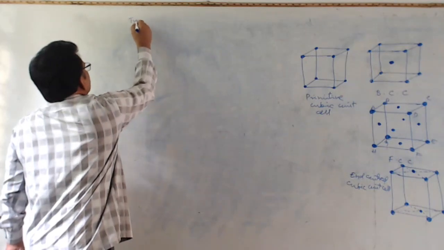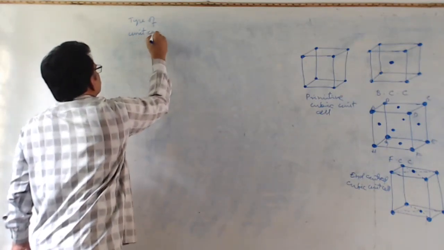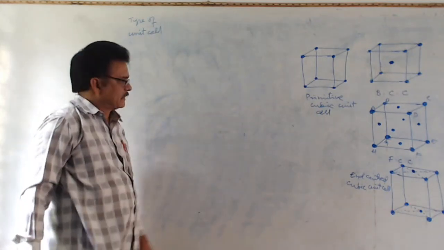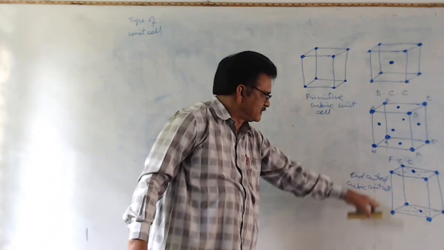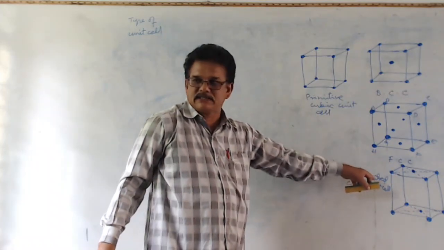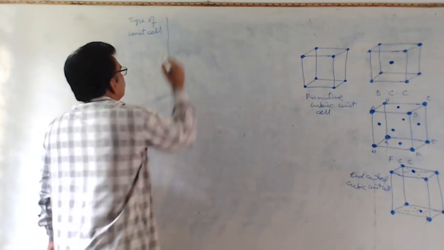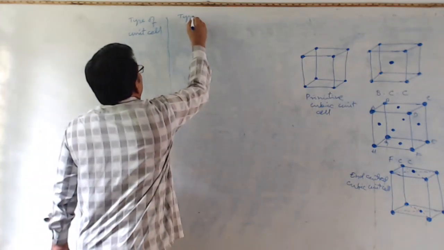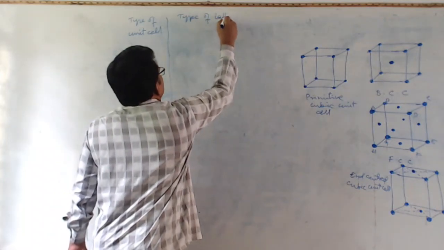Type of unit cell, type of unit cell means primitive or BCC or FCC or end-centered cubic. Type of unit cell, type of lattice points,